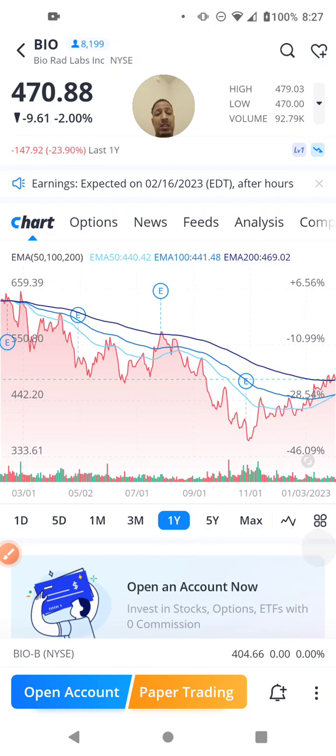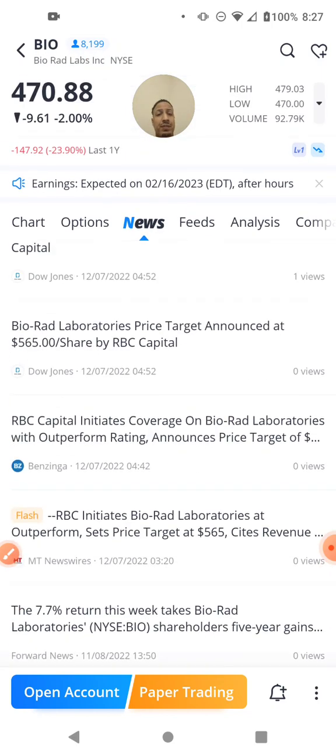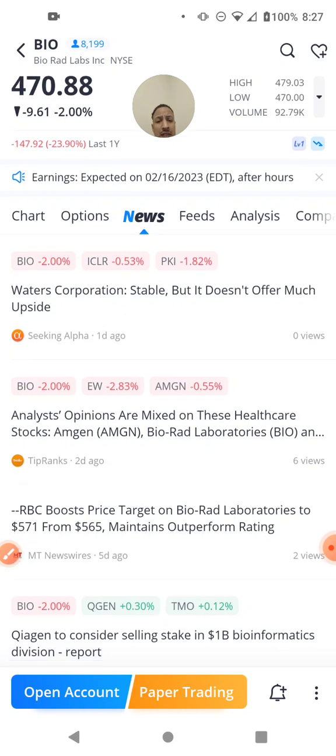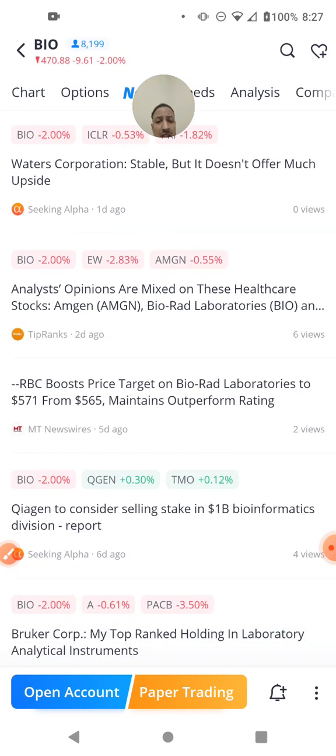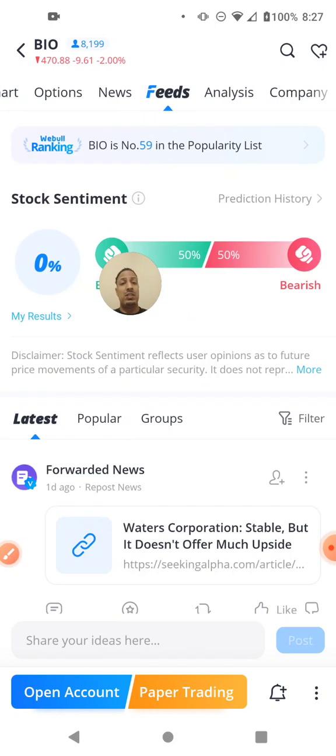So again, with the news for this stock, it looks like they did a buyback program, and this was in the span of the last 6 months. So they did buyback program, acquisition, and then a merge. It looks like they stood with the same name because I didn't get anything for a name change for the news. Obviously, more money is involved for this company, and I want to see what else is going on. So anyhow, for this company,